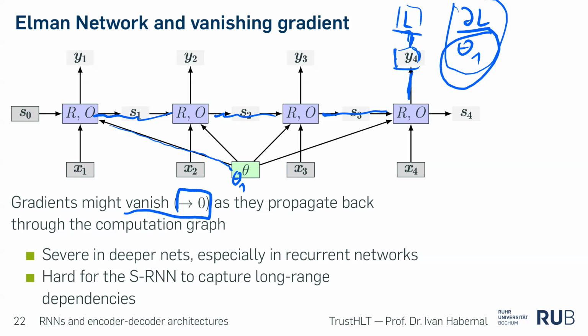Okay? And now we understand why. Because the length and the possibility of multiplying so many small numbers will lead to a very small number. Everybody's with me? Okay, cool. Is there something like the opposite of vanishing gradient?